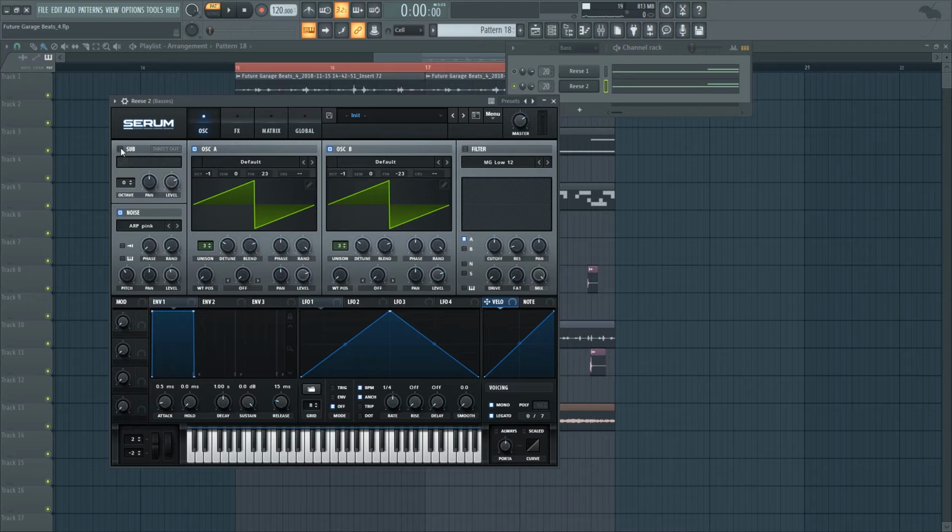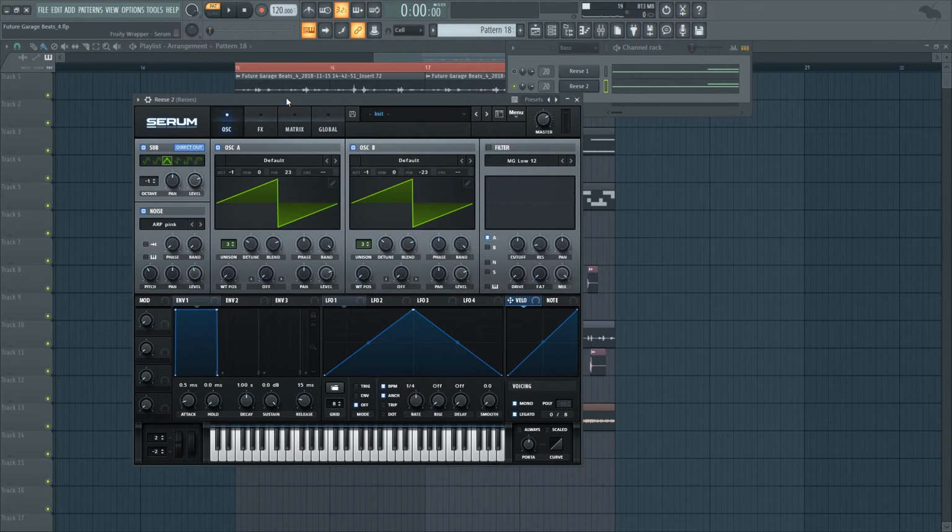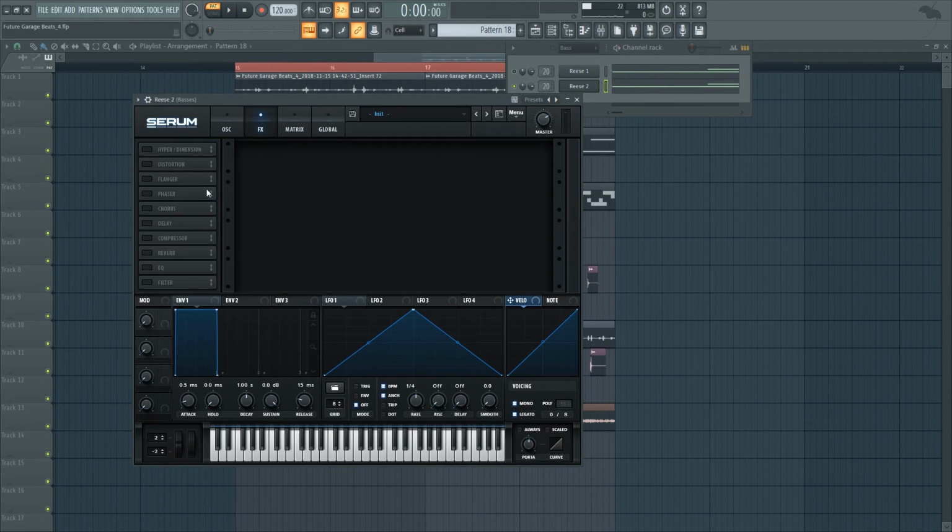So now I'm going to enable the sub-bass oscillator. I'm going to set it to a triangle wave, and I'm going to set it to go directly out so that it doesn't get affected by any effects that we add. Like that. So now we're going to add some low pass filter,